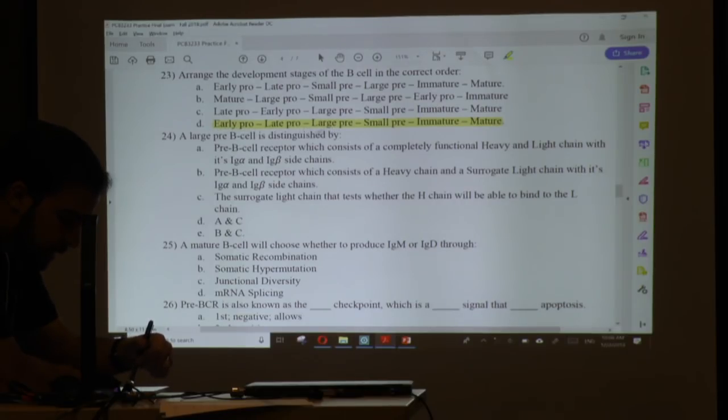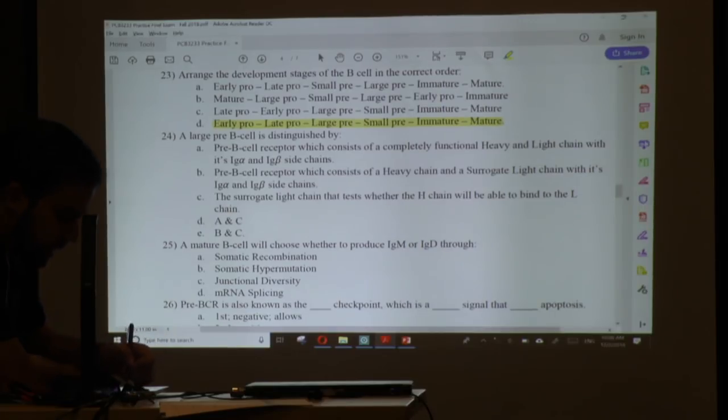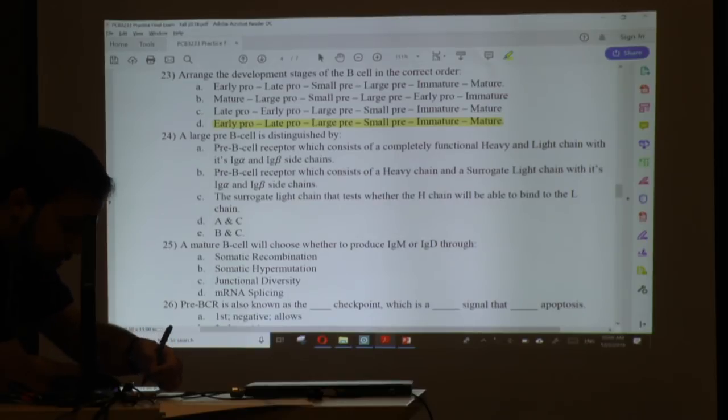is distinguished by a pre-B cell receptor which consists of a completely functional heavy and light chain with its Ig alpha and beta on the side. This is not true, because the large pre-B cell only has a functional heavy chain. The light chain, we haven't touched it yet. Right? So A is wrong. Then a pre-B cell receptor consisting of a heavy chain and a surrogate light chain, with its Ig alpha and beta, and then the surrogate light chain tests whether the heavy chain will be able to bind to the light chain. So B and C are correct,